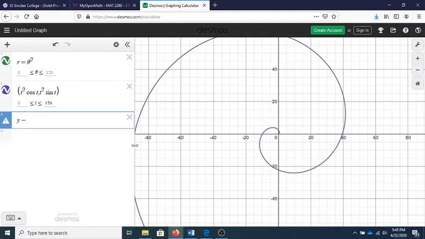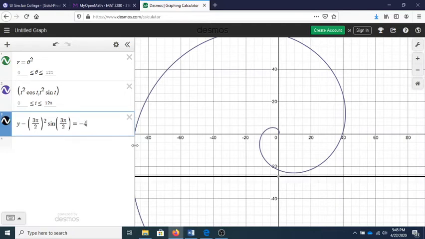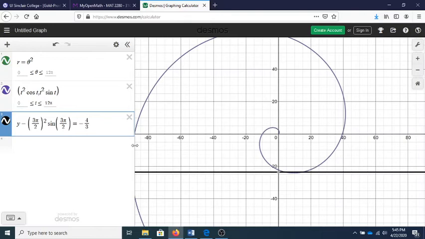Well, r is theta squared, so that would be 3 pi over 2 squared times the sine of 3 pi over 2. Okay, that's my y value. So y minus the y value of the point equals the slope. So that was negative 4 over 3 pi